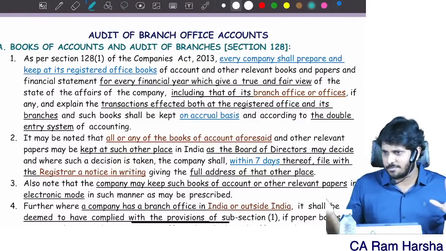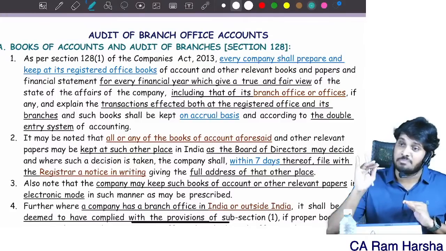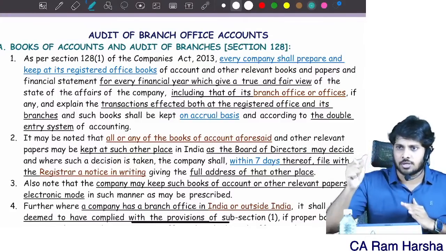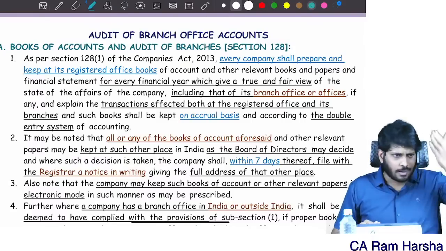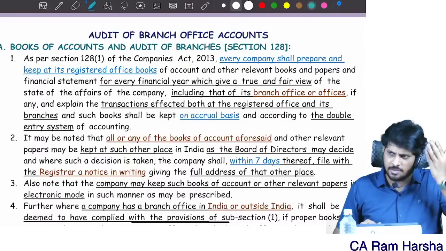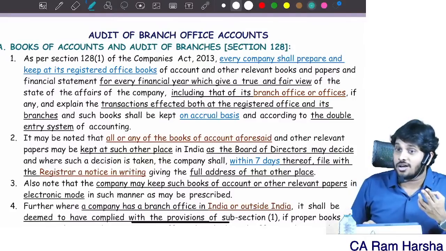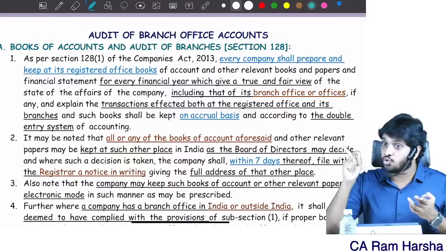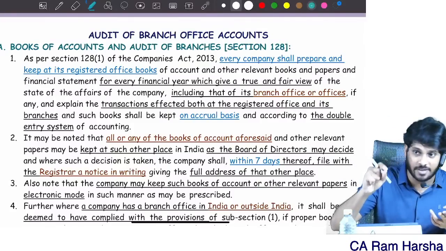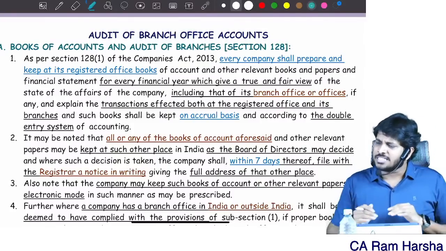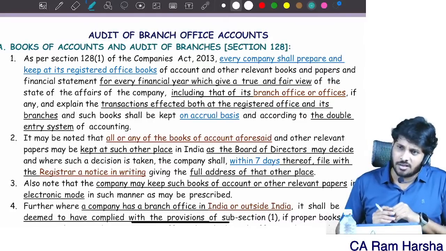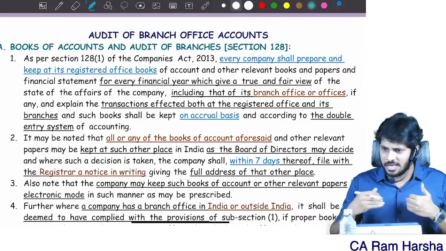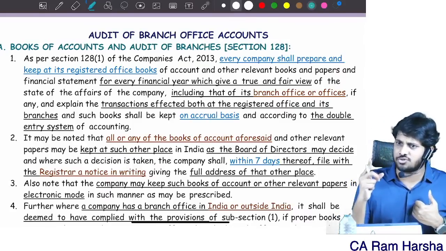It is not compulsory. But if a company is maintaining separate accounts for branches, who should audit those accounts? The same auditor. The company auditor, whoever is the principal auditor, can do the audit himself. Or a company can appoint a separate auditor for branches who shall also be a chartered accountant having a certificate of practice. Suppose the branch is outside India? The same company auditor shall audit. If nobody is appointed separately, the main auditor only has to go and audit the branch accounts also.